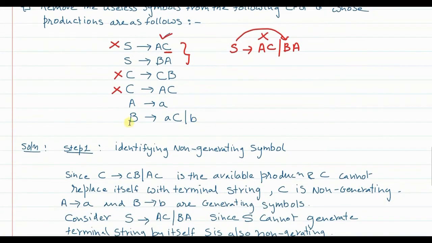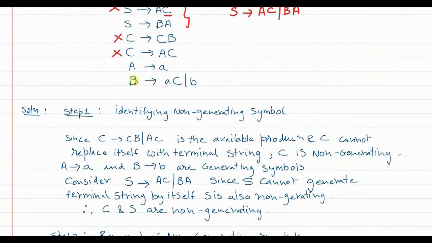Now here there is no capital C involved either on the left or right hand side, so I will not remove this. Now the B production has two terms, the first term and the second term. In the second term there is no C involved, so B gives small b will remain, I don't have to eliminate it. But the second part, B gives AC, I will have to remove. So this can be written as B gives AC as one production and B gives small b as one production. Since C is involved, I will remove this part and retain the other part.